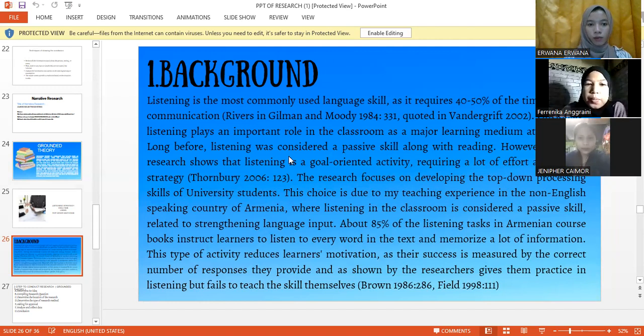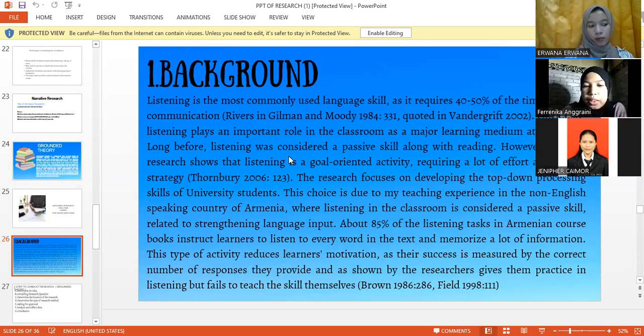Obviously, listening plays an important role in the classroom as a major learning medium at all stages. Long before, listening was considered a passive skill along with reading. However, modern research shows that listening is a goal-oriented activity requiring a lot of effort and mental strategy, by Thornbury, 2006,